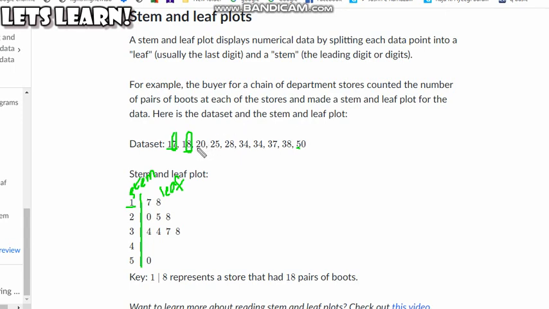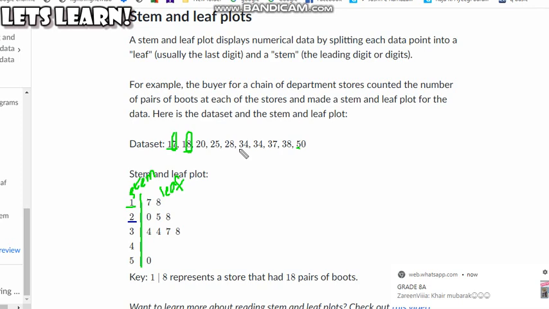Similarly, for the numbers like 20, 25, 28, we know that the common number coming in the tens place is basically the 2. So I will write that 2 one time outside it, and then whichever numbers are coming in the ones place, or in the units place, I'll be writing them inside the leaf part. So here you can see 2 and the 0, then 2 and the 5, 2 and the 8. So in this way I'll be making a stem and leaf plot for the numbers having common number 3 in the tens place, and similar will be happening for the 5.